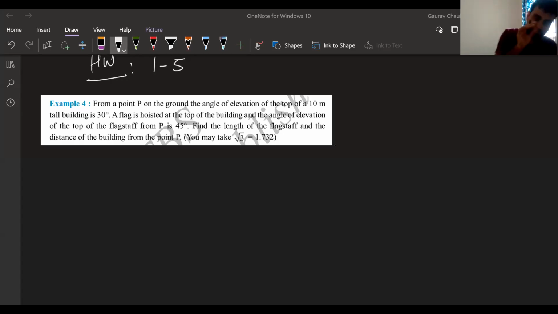Okay. Example 4 we are doing. You guys are encouraged not to look into your book right now. Take an attempt to read the question and try to make the diagram yourself. It's going to be a step up from whatever we have done before. So with attention, let's get started reading the question. We'll take a minute to read the question.